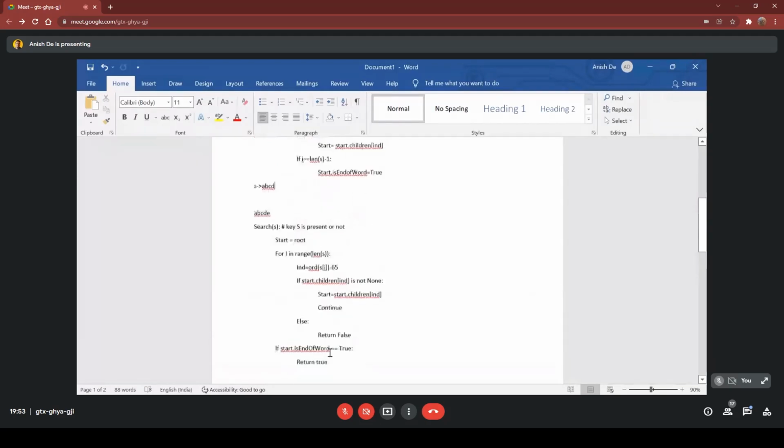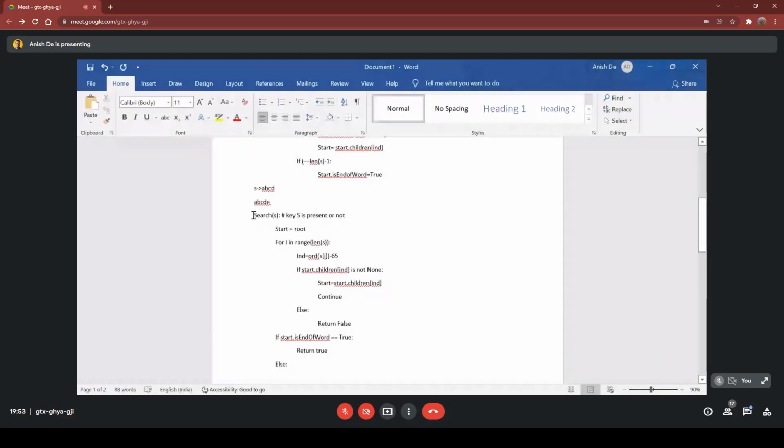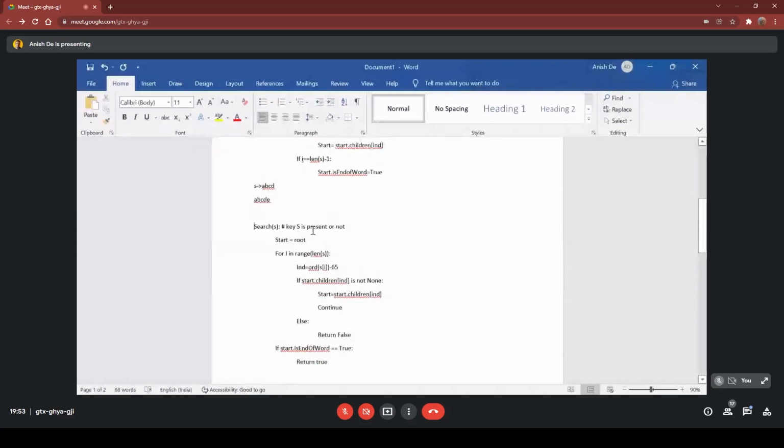So if you have understood this, what minor change do we have to make here so that we can change the question from this to this: whether s is a prefix of the strings present or not.